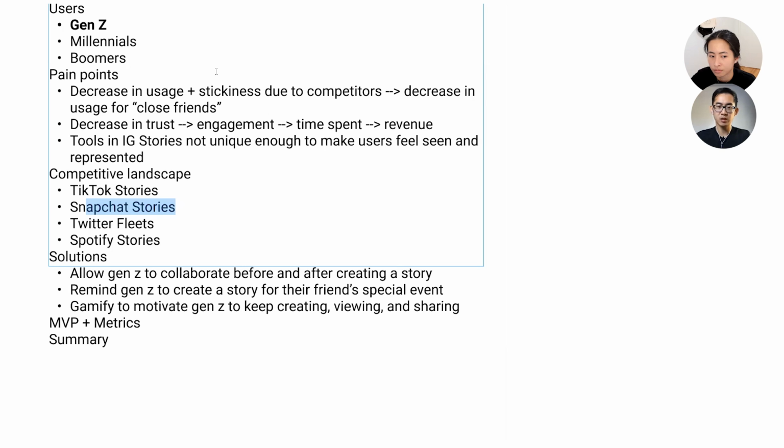Okay, and then for the second one, you mentioned reminding Gen Z to create a story for a special event. How would that look? So I think in terms of reminding, maybe there's a way for us to integrate user education within our platform. Let's say we have the filter for close friends. You're part of my close friends, and we know when Kevin's birthday is. So maybe two days before your birthday, we could tell the people within the close friends that, hey, your friend's birthday is upcoming. Do you want to do something for your friend?